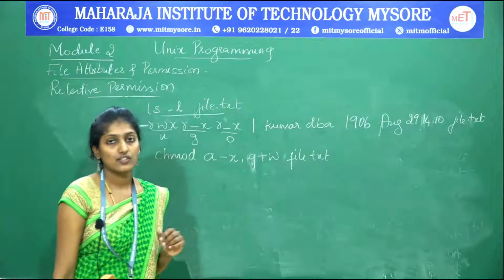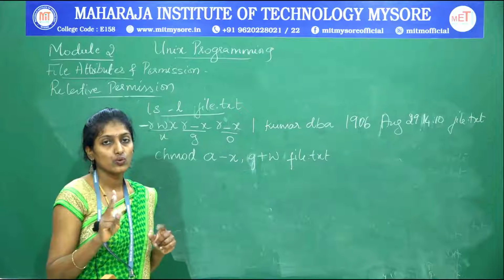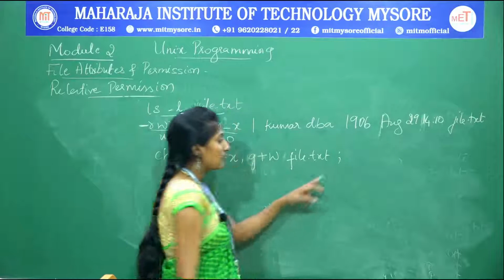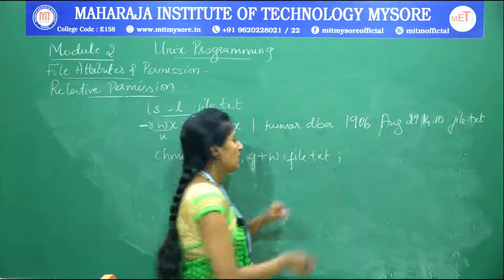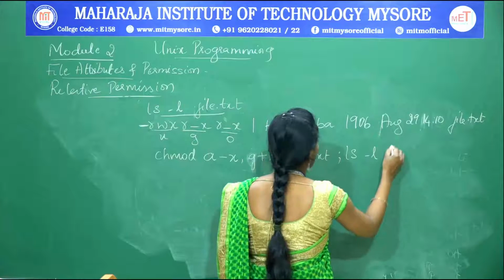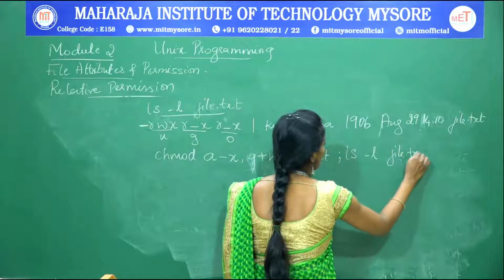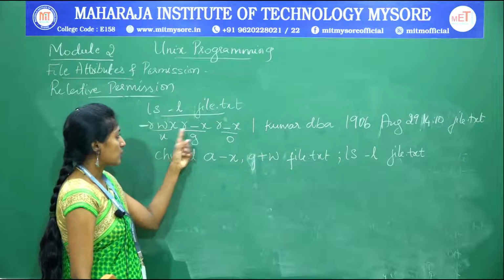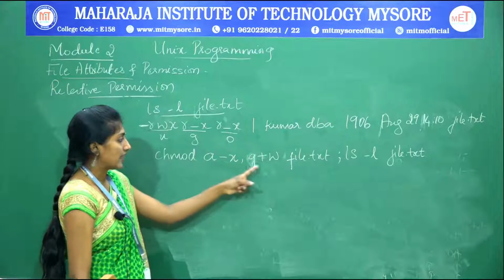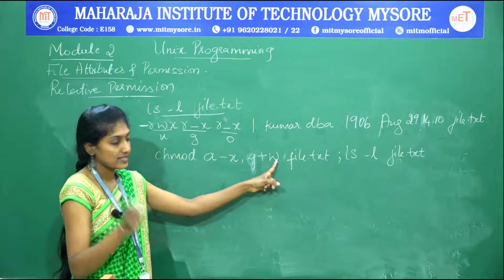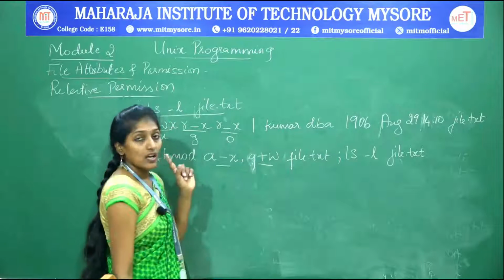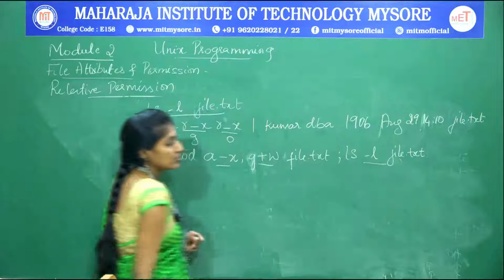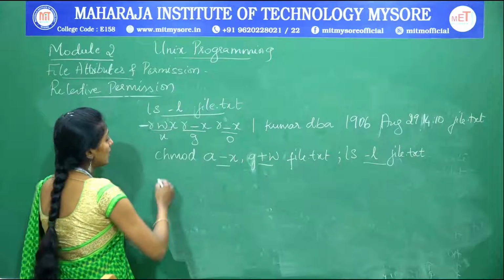And as I said in the initial classes of module 1, you can execute 2 Unix commands at a time by combining them. You can combine your 2 commands by separating them with a semicolon. So ls -l file.txt file. Now, this means that the execute permission has been removed for file.text for all the 3 categories, and write permission has been assigned for group. So this permission has been applied for the file.text. For knowing that, I have executed the command ls -l file.text.